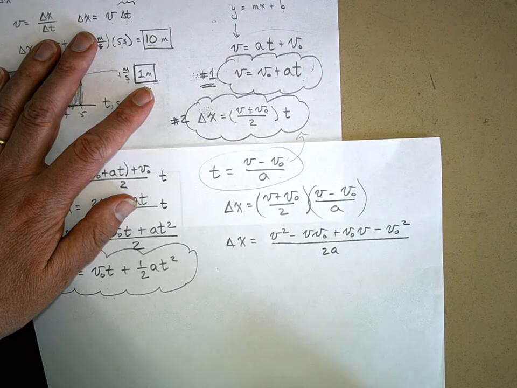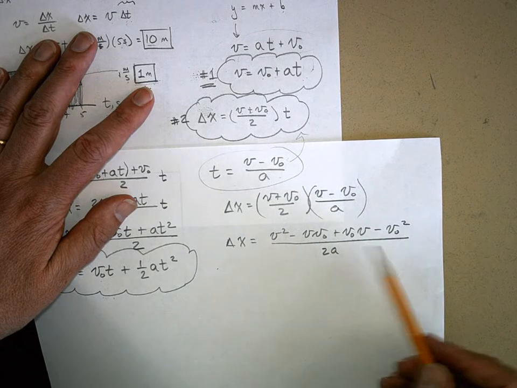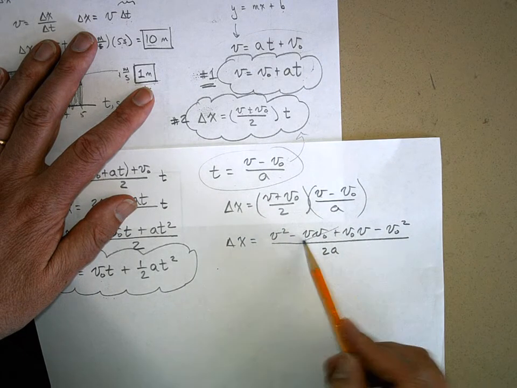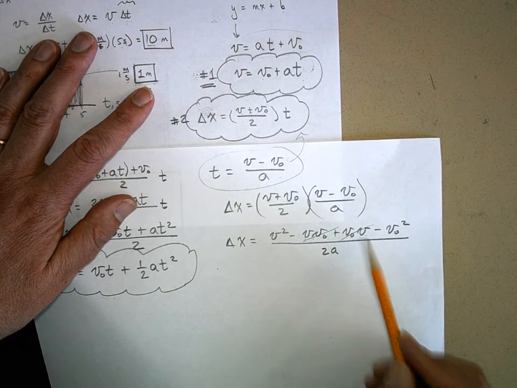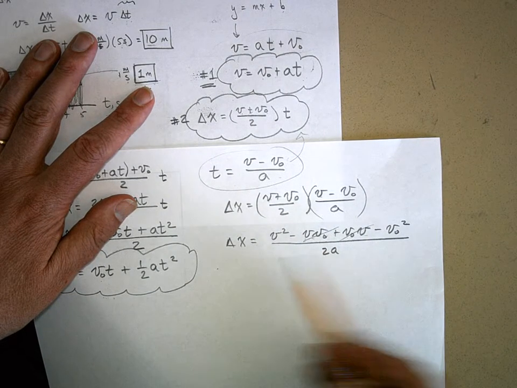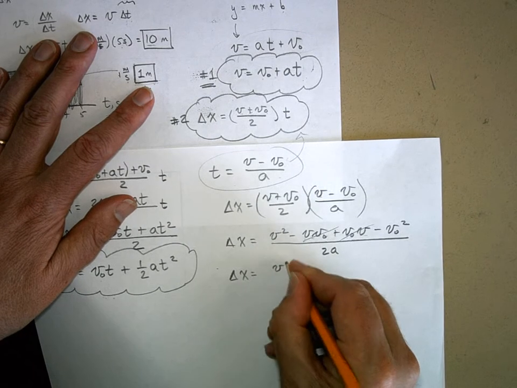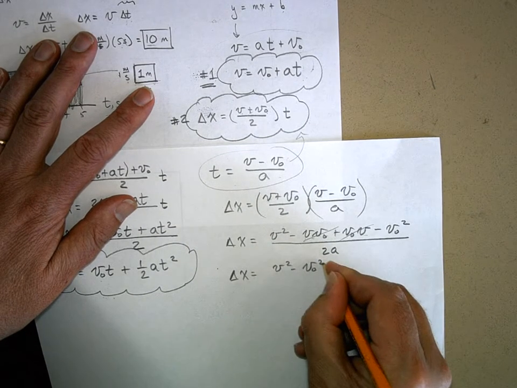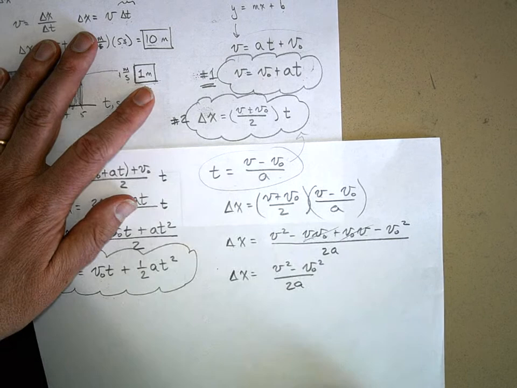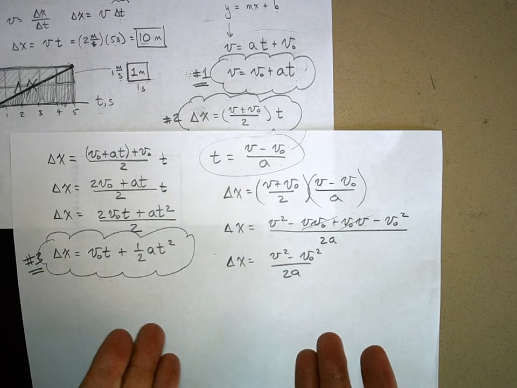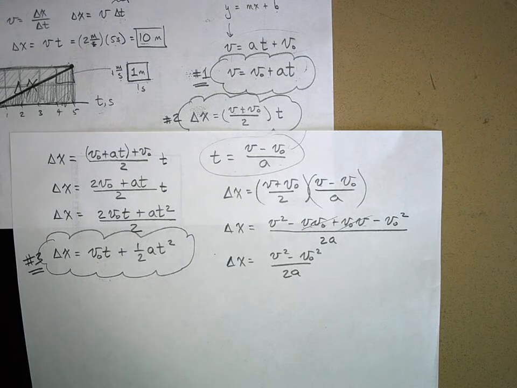Okay? Now, what do we notice in here? This minus v naught plus v naught v, these go away, right? Because it doesn't matter the order of those products. And so now I'm left with delta x equals v squared minus v naught squared over 2a. Now, this is a perfectly good way to leave it, but for some reason in all the textbooks, they rearrange this to,